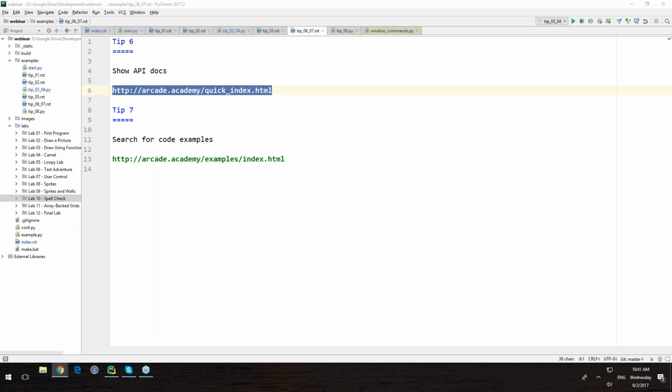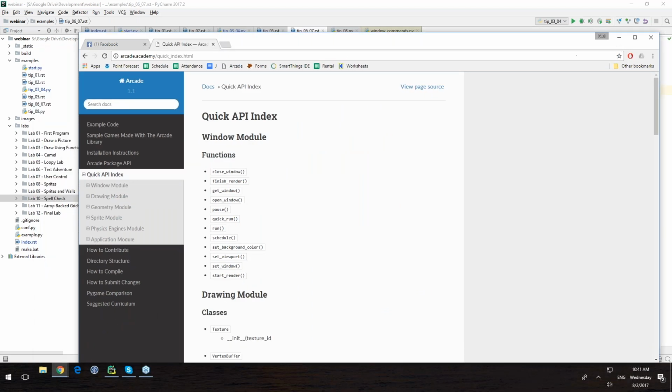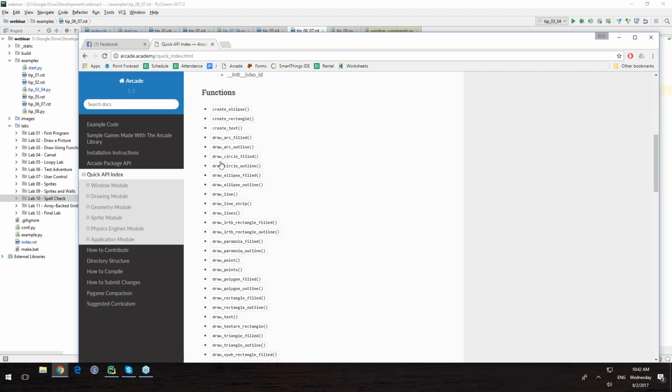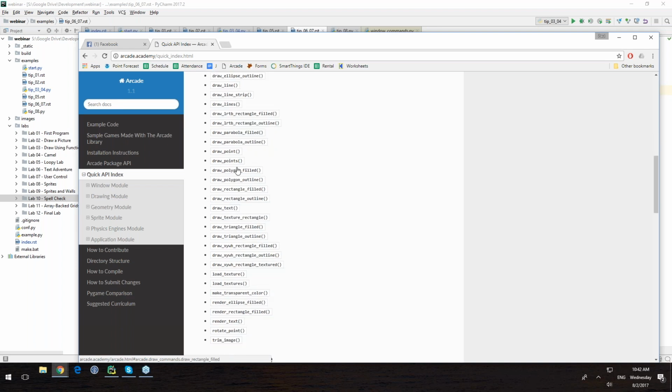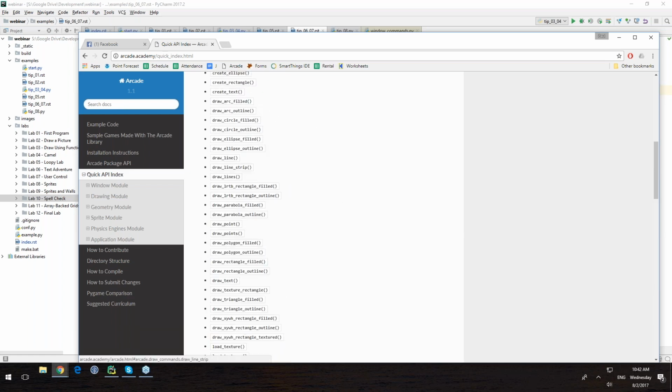So I actually have API docs for the students. This is for the arcade library. I try really hard to create decent docs for the arcade library. So it's broken down into the different modules. If a student wants to learn how to create a filled parabola or a filled rectangle or an outline, they can quickly cruise through and see all the different commands that are available.